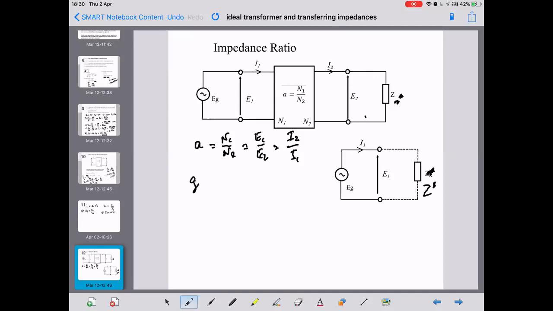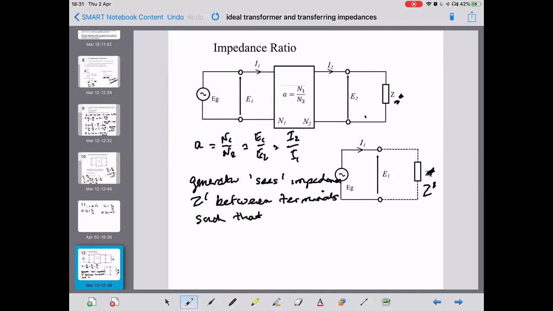Generator sees impedance Z dash between terminals, such that the reflected impedance Z dash is equal to